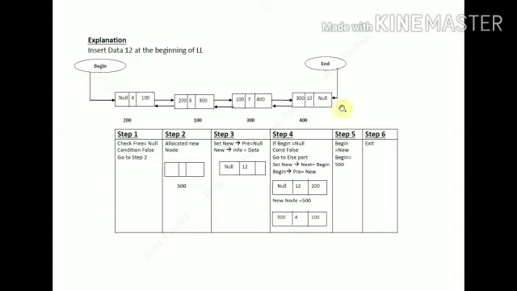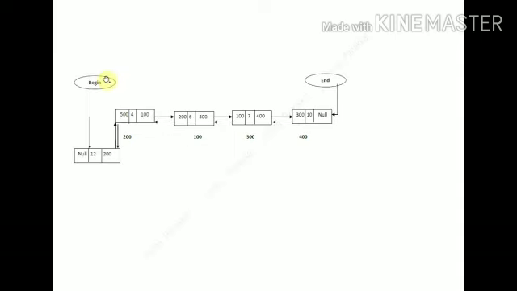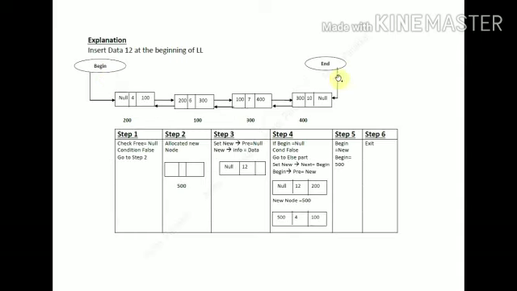Okay, so here you can see that we have two pointer variables. The first one is a begin pointer variable, and the second is an end pointer variable. So these two are pointer variables. Here you can see what address we are going to store in this begin pointer. 200 is the value that we are going to store in the begin pointer.